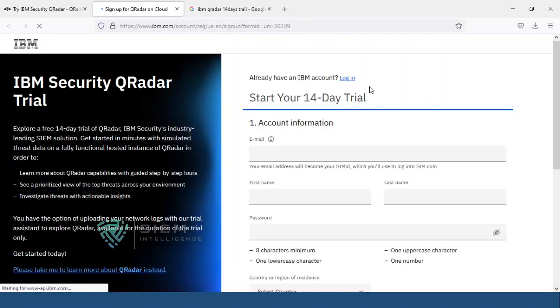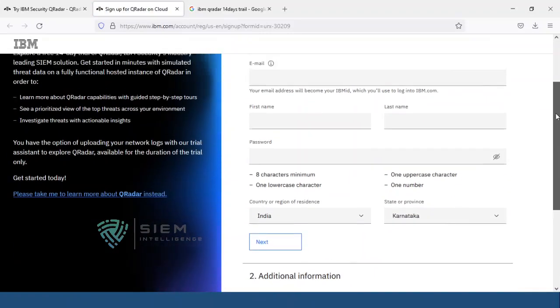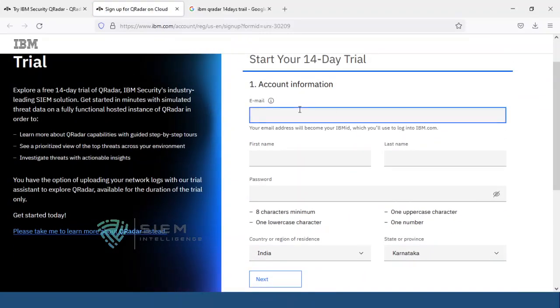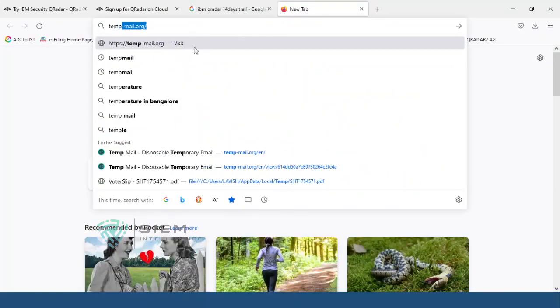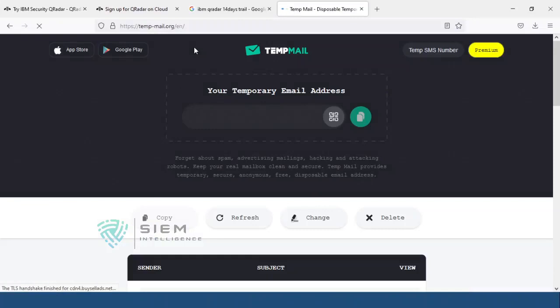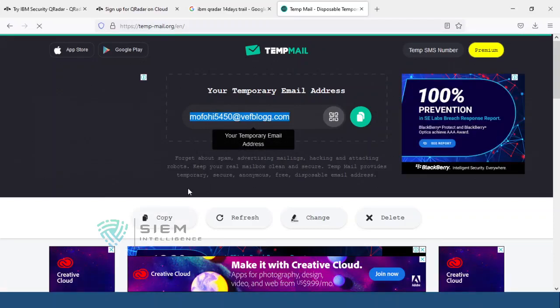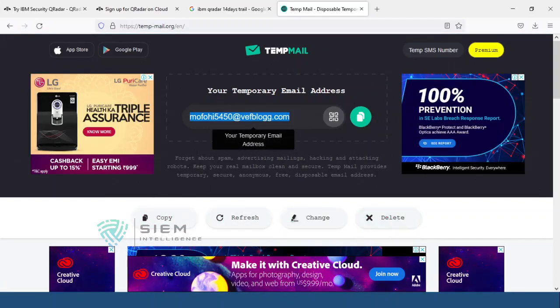Once started, you sign up with this account with basic information, where you need to give only an email, which you can take from tempmail.org, which is quite easy. Here also there's an option where you can change, refresh and delete the particular email, and you can keep your own.